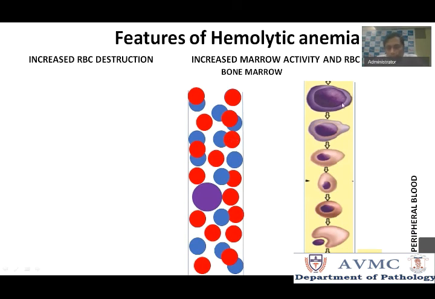And similarly in erythropoiesis, I told you only the normal RBC comes out. In hemolytic anemia, this RBC turnover will not be sufficient to meet the oxygen demand. So what happens? Some immature cells like the reticulocytes will also be sent out. I said in normal conditions reticulocytes will be less than 2%. But in hemolytic anemia, you will have increased reticulocytes. Okay, a lot of immature cells will be sent out.